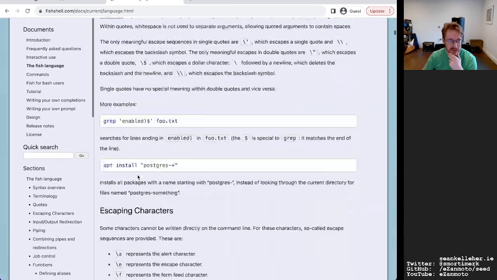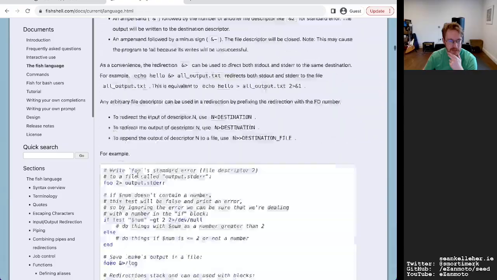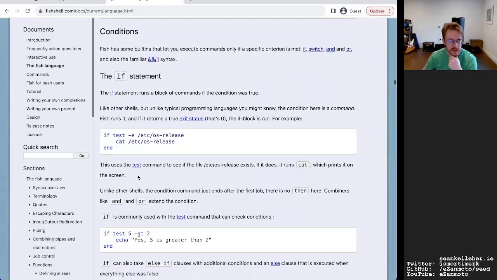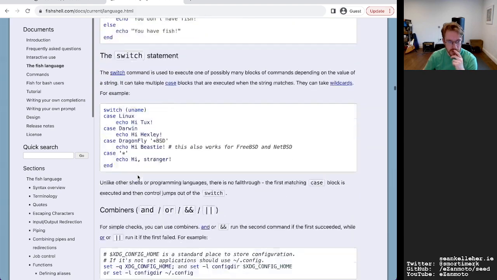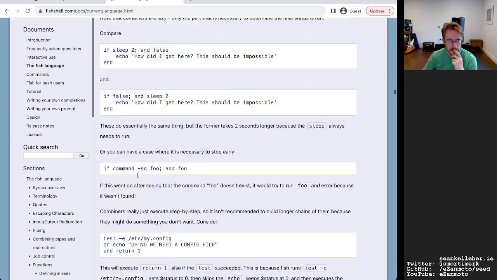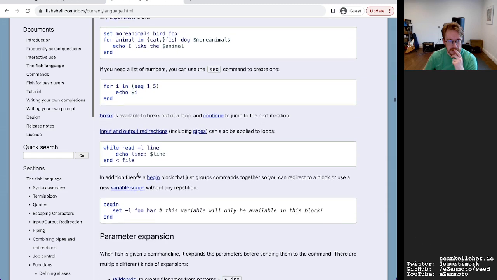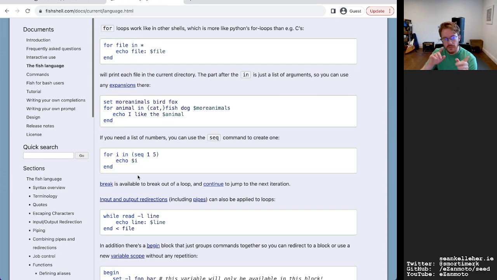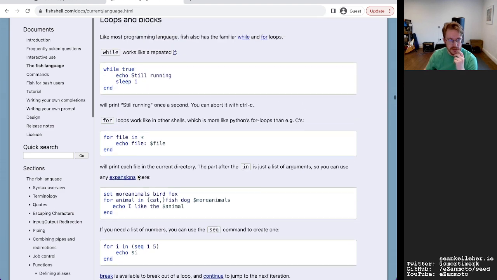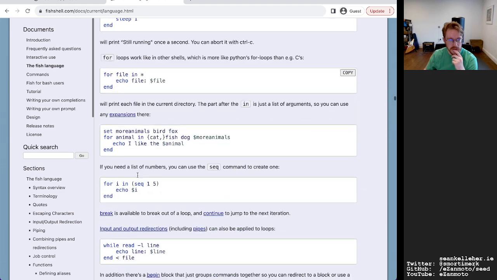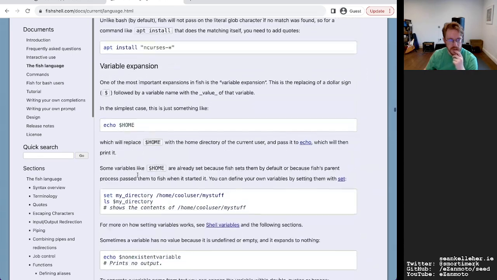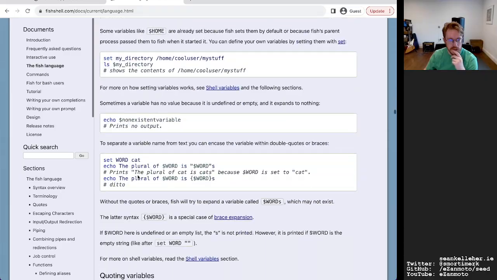And I think Fish is, from what I recall, quite similar to Bash, but you do have some niceties in terms of, I thought there was more of a C-style syntax for loops and control flow and the likes, but it looks like it uses the standard keyword approach.